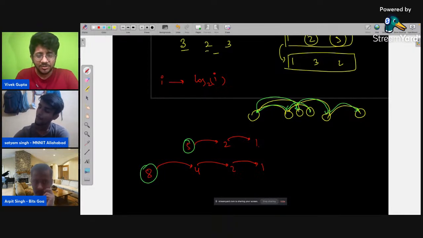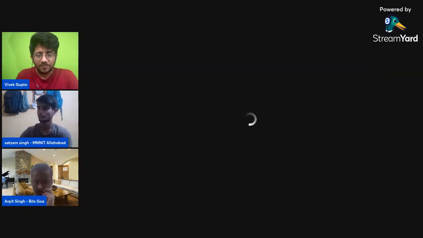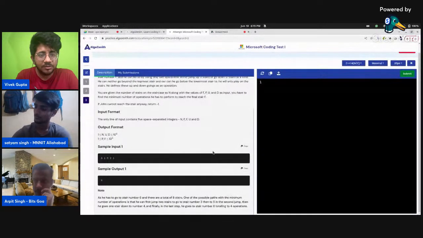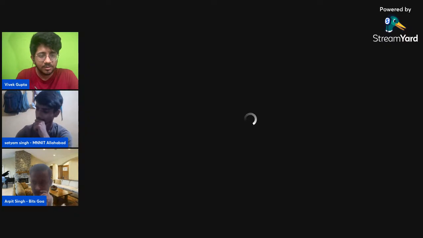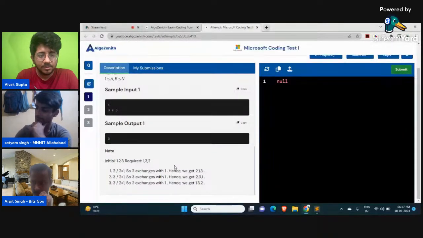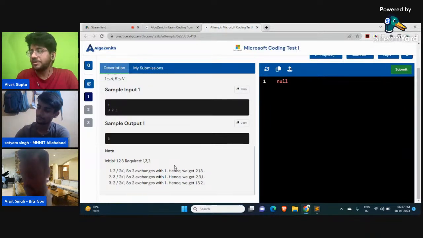Let's quickly check their streams while you think about this. How will you swap 5 and 8? I think Arpit is still on that problem itself. No, I think he's reading the third problem. That's good. Okay, so they're figuring out the first logic. It's not super simple, but again, that's how tests are generally.